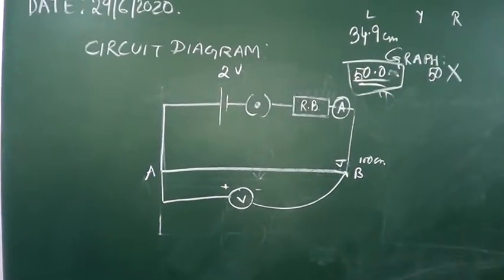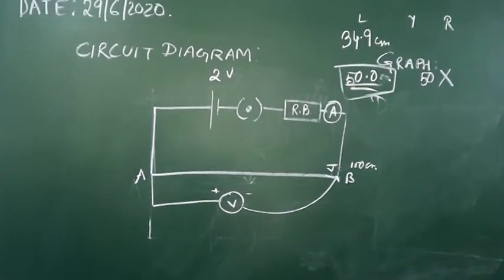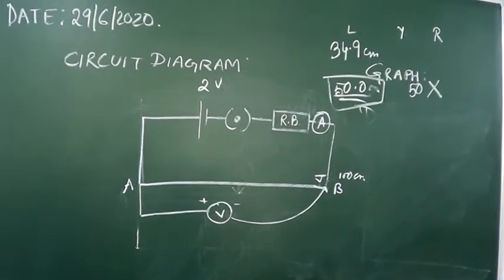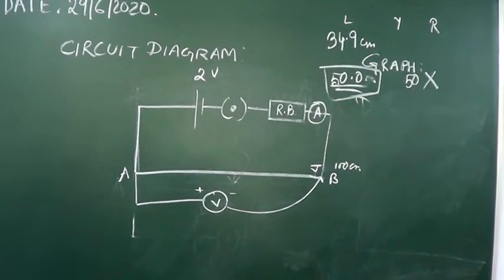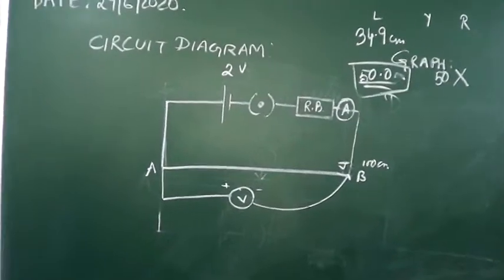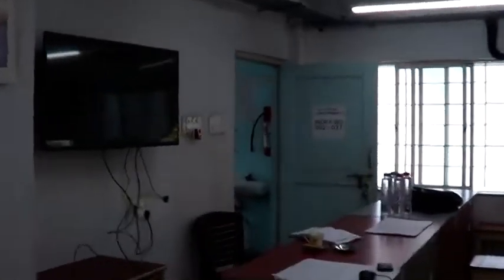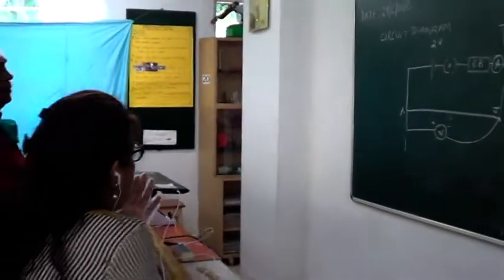I couldn't make it in my sharing screen because those circuits are a little bit different, not as per this potentiometer one. Basically circuits are the same, but you should draw this circuit. Now first you draw the circuit diagram. As you can see, it is basically an Ohm's law circuit. You have a voltmeter, you have an ammeter.